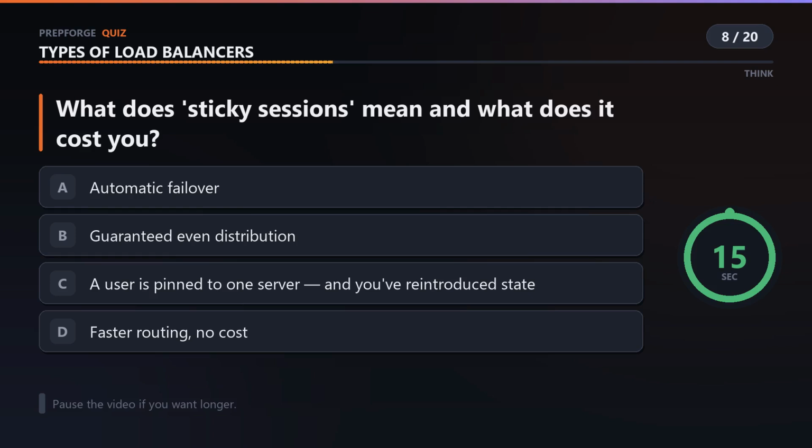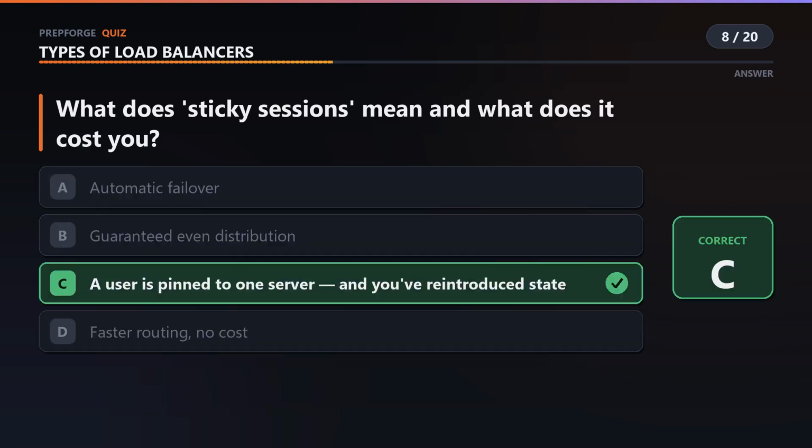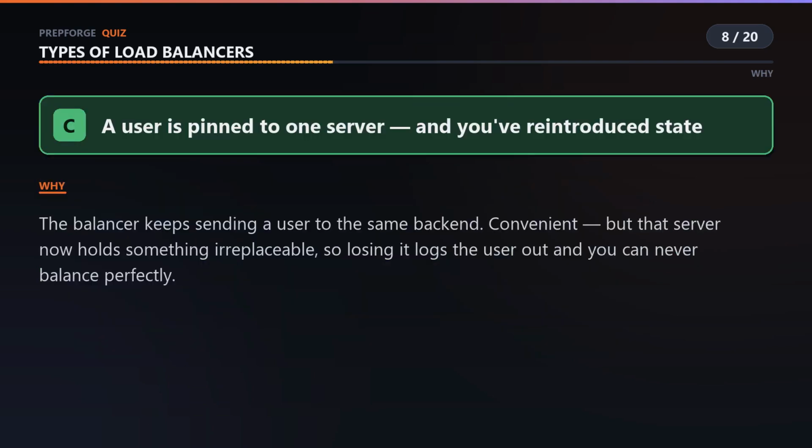What does sticky sessions mean and what does it cost you? It pins each user to one particular server, and the cost is that you've put state back where you spent years trying to remove it.